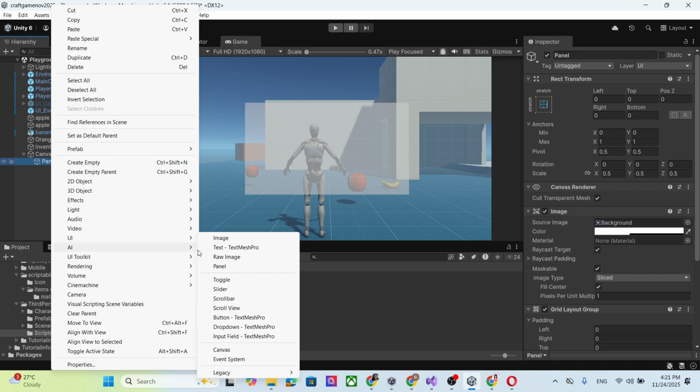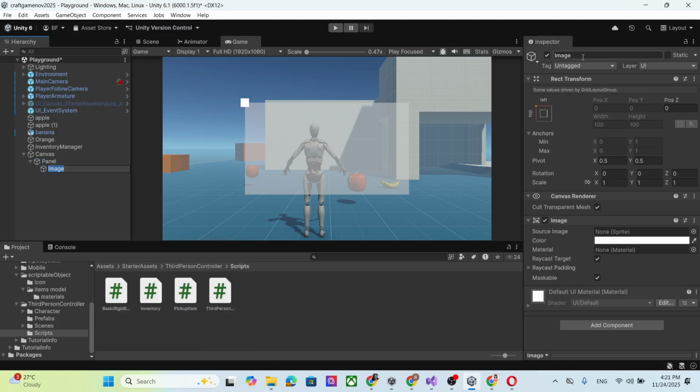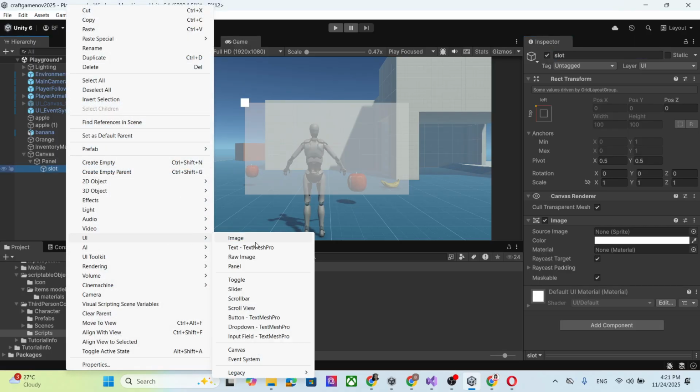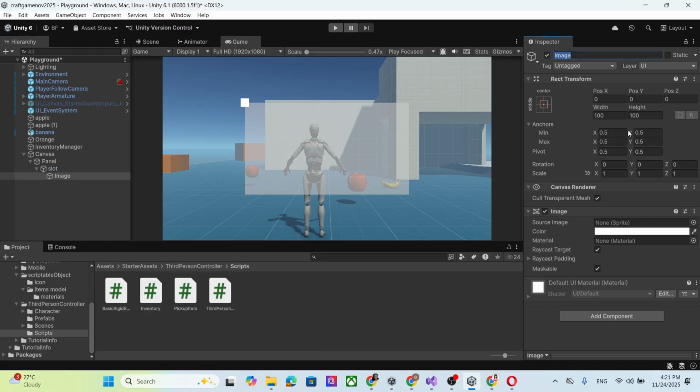Okay, we create a UI for image. Is this one? We can make it as a slot, and this one you can make it as your background. Okay, and then you right click UI. Okay, and then you can have for image, and this image is icon. Your icon must be right this, because later our script here,